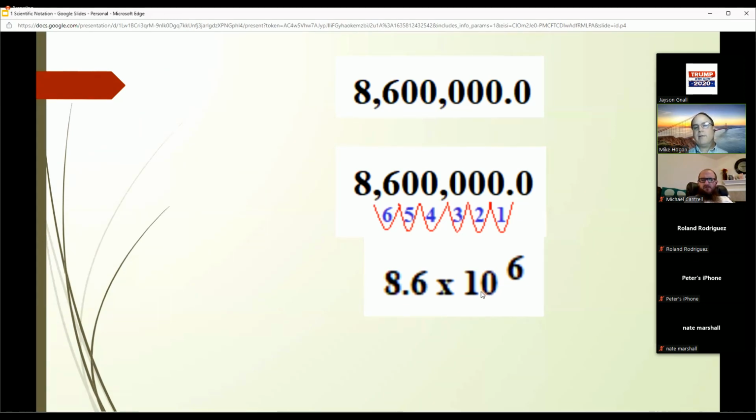Because when I multiply this out, 10 to the 6th power times 8.6, I want to get 8,600,000. If I move the decimal the other way, if I start off with a very small number,